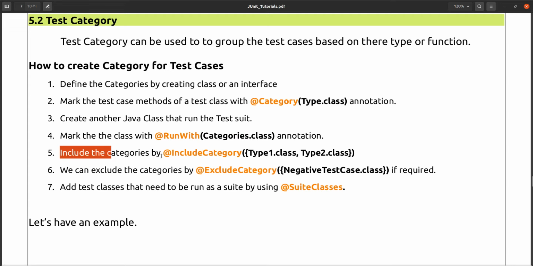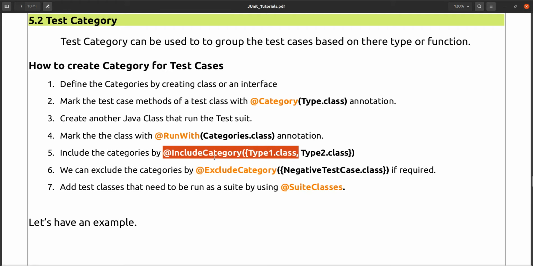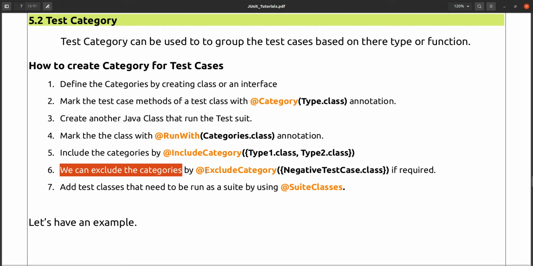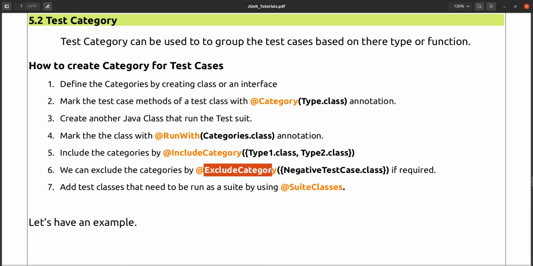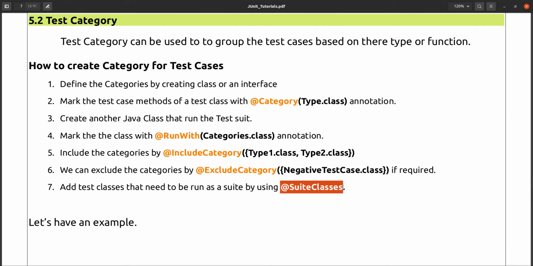If we want to include a category, suppose I want to execute a particular type of category, I can use IncludeCategory. There I can specify multiple types as an array, and we can also exclude a category with ExcludeCategory, and add the test classes that need to be run as a suite by using @SuiteClasses. These classes will be added on top of your test class.